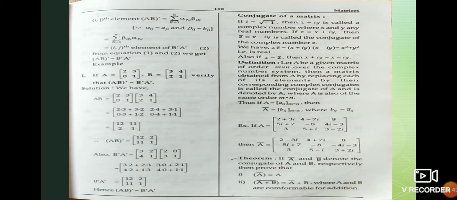Today we will discuss the conjugate of a matrix. See the first term and condition of conjugate of matrix. If i is equal to under root minus 1, we know that,